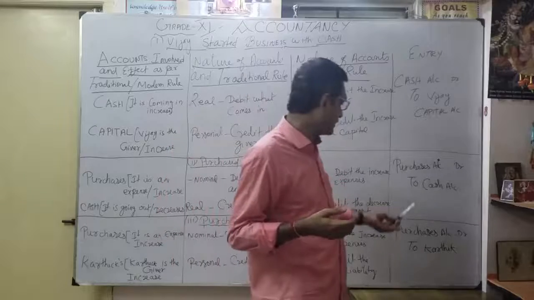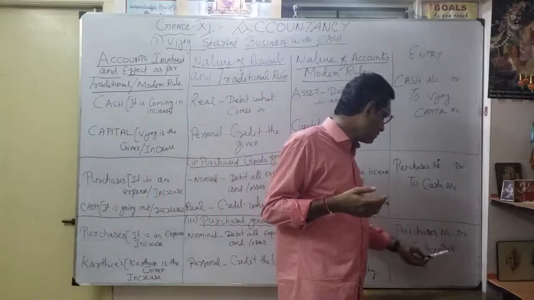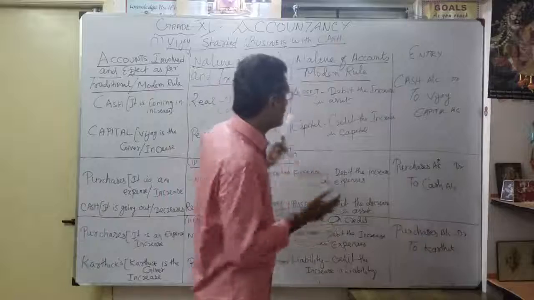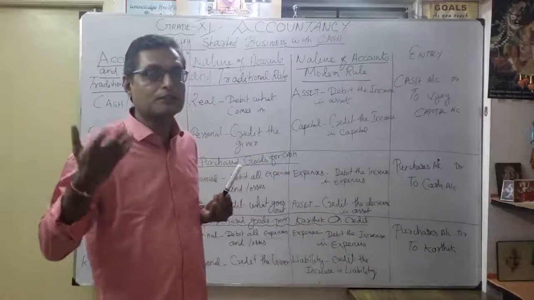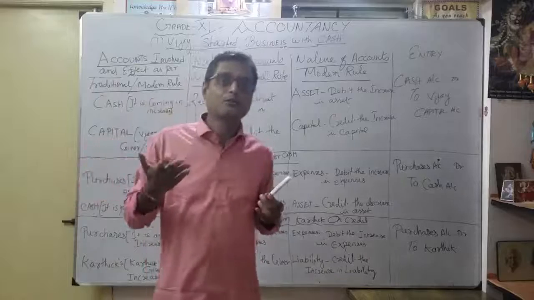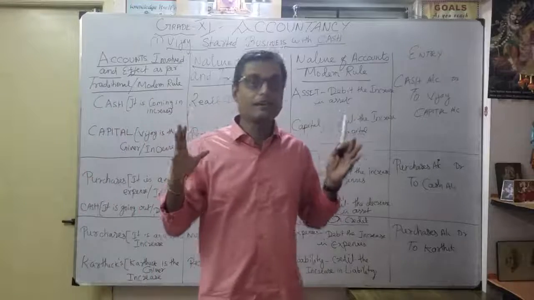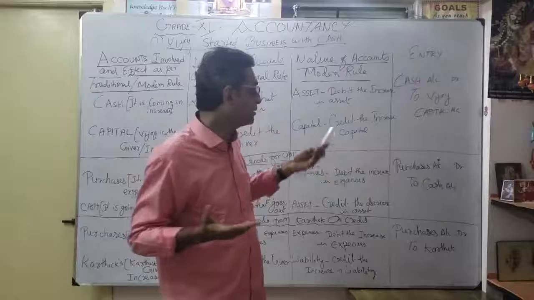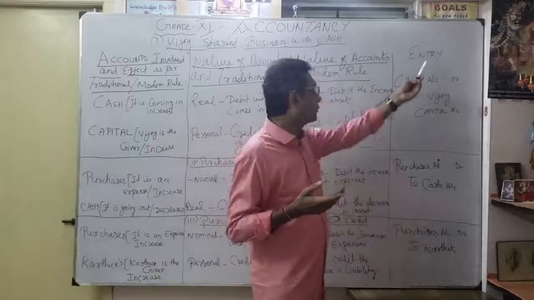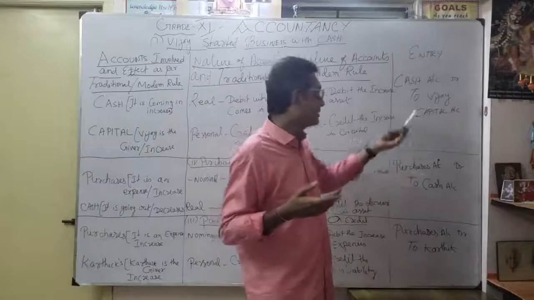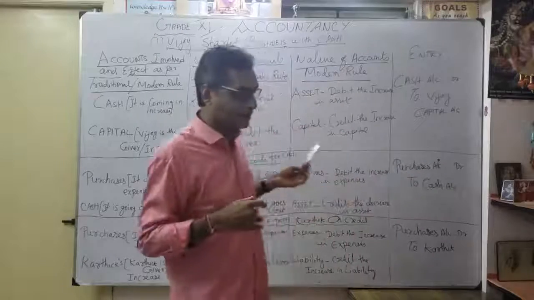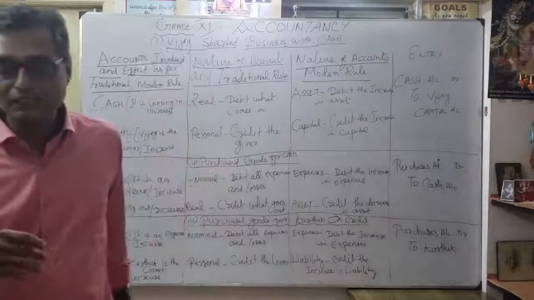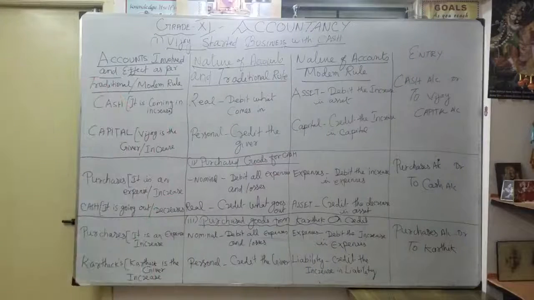Naturally, what is the journal entry? Purchases account debit to Karthik account. Now understood. That's what it is here. Three transactions are going to be compared, how they are going to be affected based upon our traditional approach and modern approach, as an idea for differentiating. Okay, but ultimately this is the final: how we are going to form the journal entry. So the debit and credit, that is very, very important, coming under the double entry concept. Correct. Now let's see the next three examples based upon our sales journal entries.